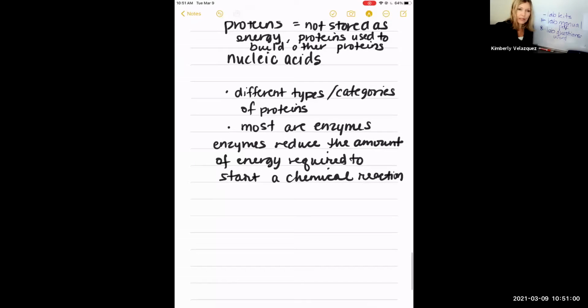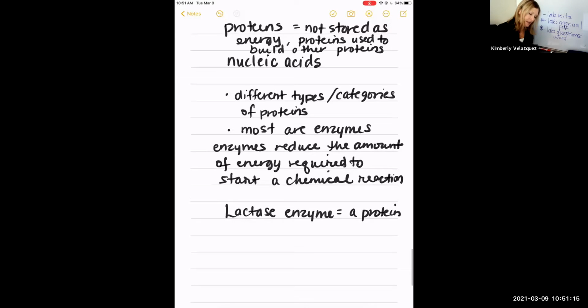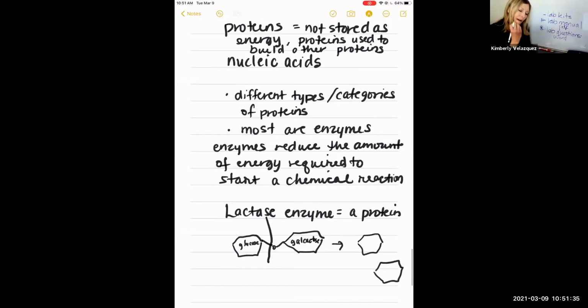Okay, a really great example of something we've already talked about a couple of times now: lactase enzyme. All enzymes are proteins, so lactase enzyme is a protein. What it does is it takes glucose, which is bonded to galactose, and it breaks that bond so that they become two separate sugars. If you don't have this enzyme, there is not enough energy available in your cells to break that bond, so